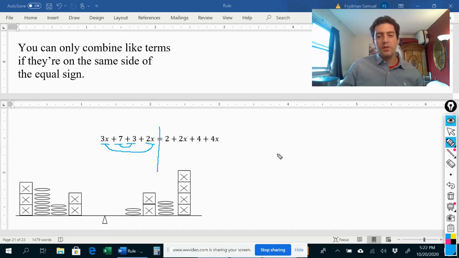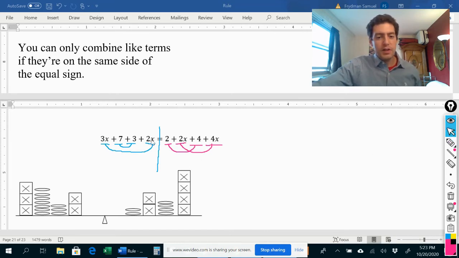Okay, so we can combine those, and then on the other side of the equal sign, we also have some things that we can combine. We can combine this 2 with this plus 4 over here. Both of those do not have x. And we can combine this 2x with this plus 4x over here. Those both have x's. So when we clean up,